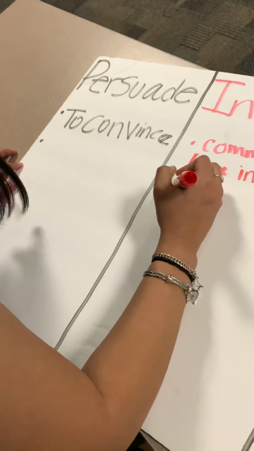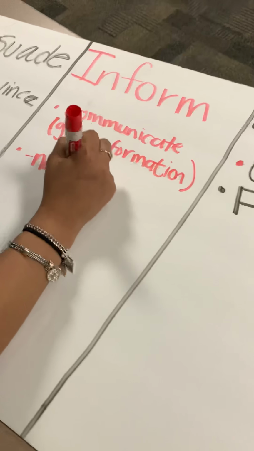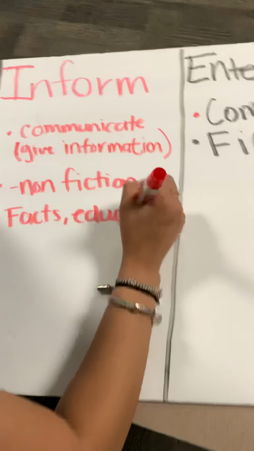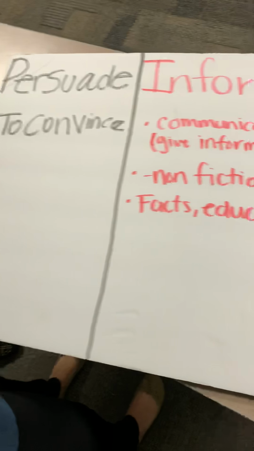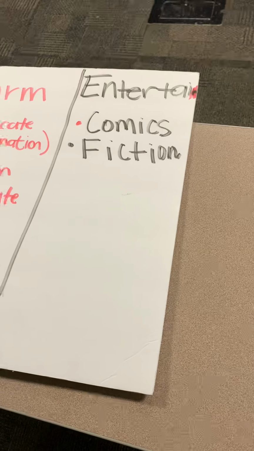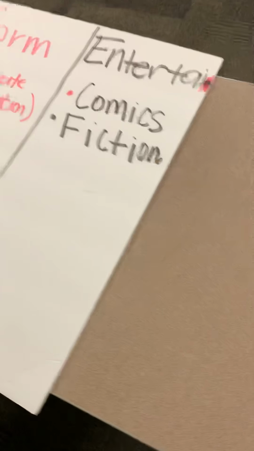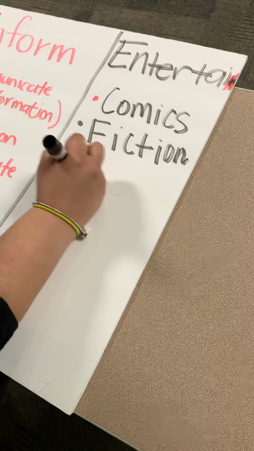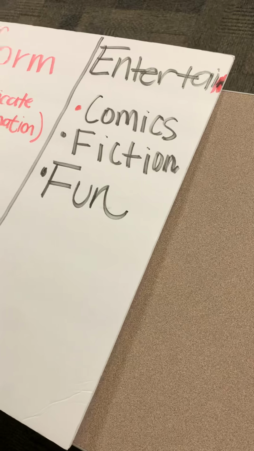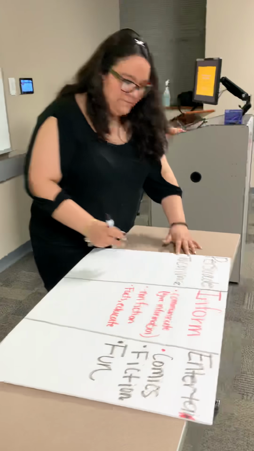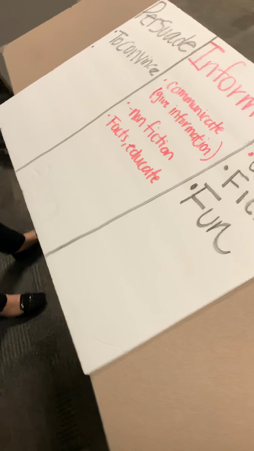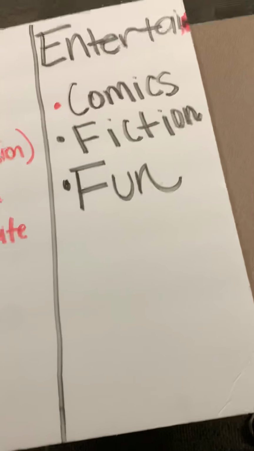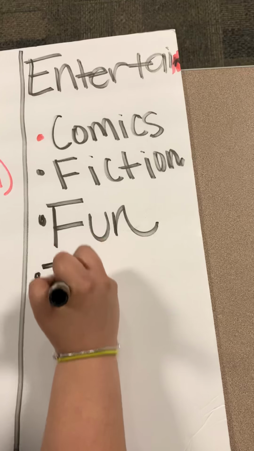Somebody say I is for inform. We've got to teach a reader what we know. Inform means to educate. Our words will help the readers grow. Somebody say E. E stands for entertain. Our readers got to have some fun. You enjoy reading every single word you write. Chances are so will everyone. You see, the author's gotta have a purpose, got to have some light. Persuade, inform, entertain. Don't forget to have